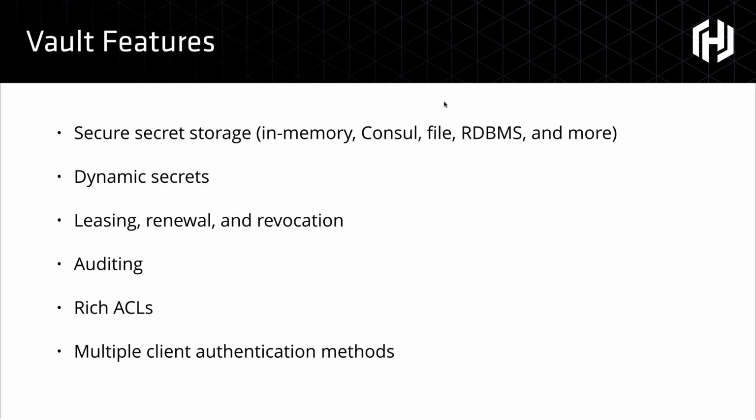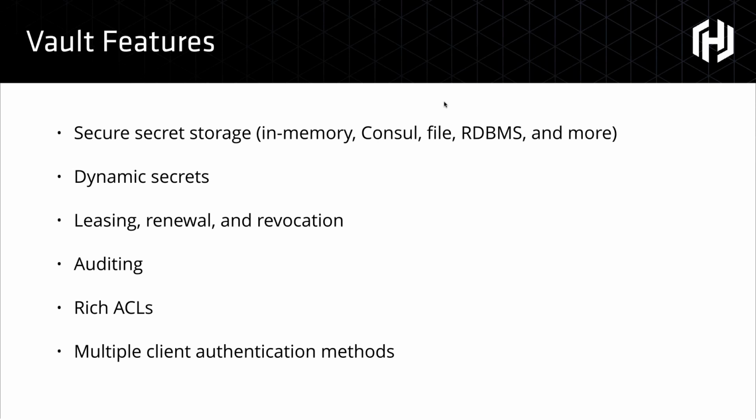So the key features of Vault, at its most basic core, is secure storage of secrets, right? And this is making sure that in transit and at rest, everything's encrypted. Then as we get past the basic level of storage, there's dynamic secrets, which we'll talk about. It's a mechanism for generating credentials on the fly. There's a leasing, renewal, and revocation lifecycle, which allows us to have auditability and visibility and the key rolling and